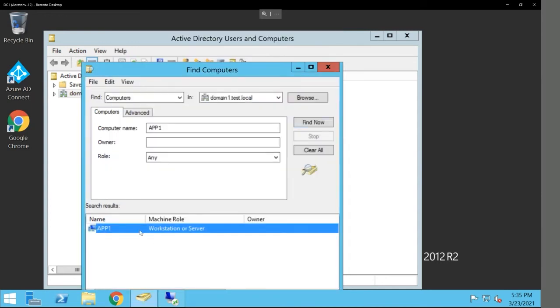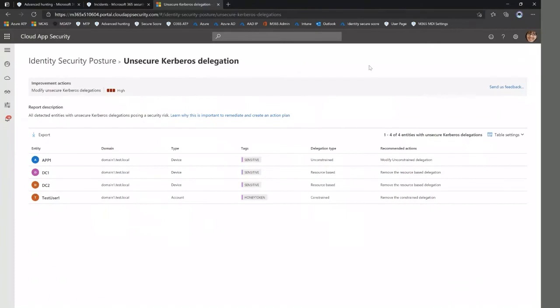Once I remove that, again, Defender for Identity detects these changes, goes back to the environment and modifies the assessment itself. The last example that I wanted to show you is the